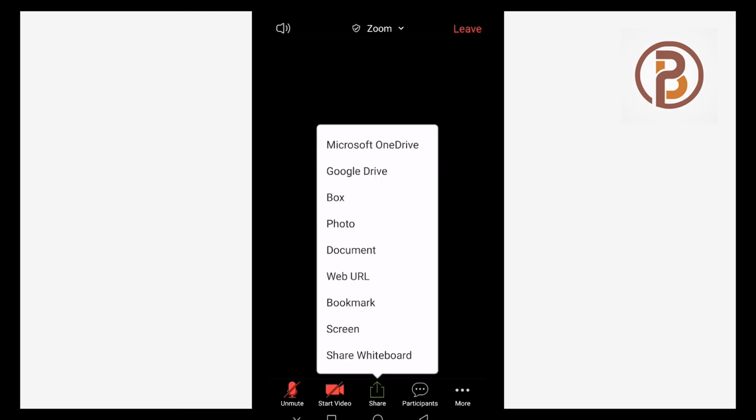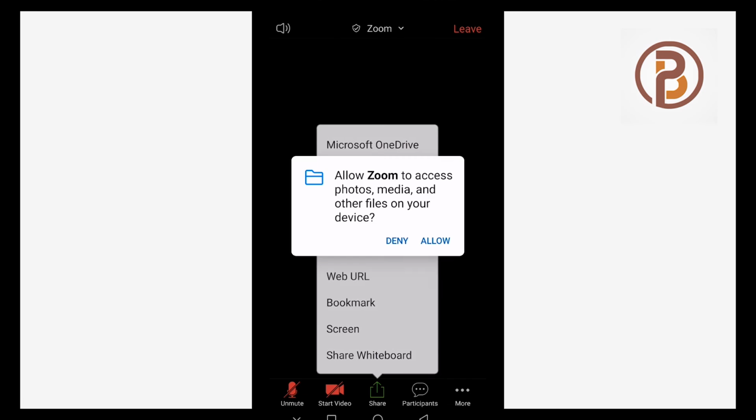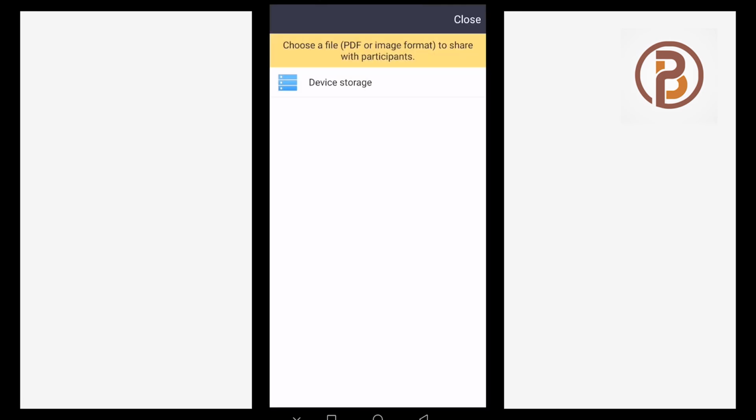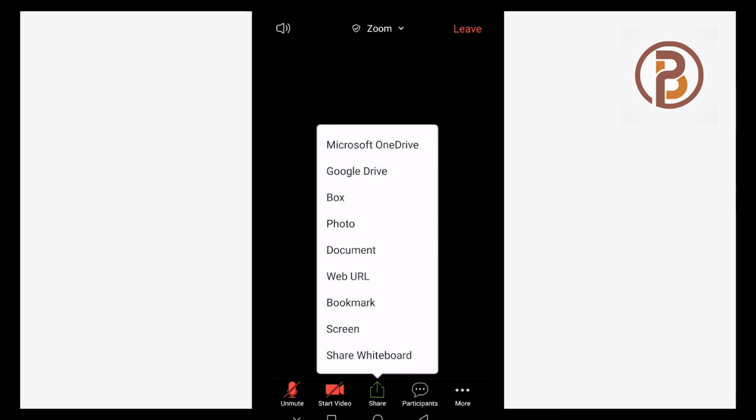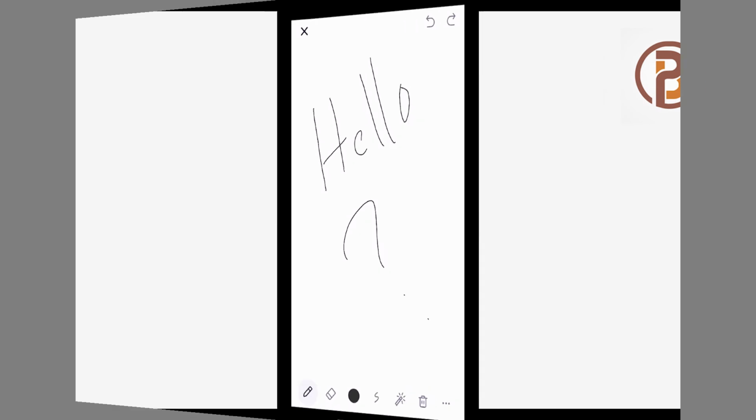Let's very quickly also see how the sharing works from a mobile. If you choose to share some documents, you will have to give permission on your device to browse your files. This time I plan to share a whiteboard and it will be shared across all the guests and they can also interact on the same whiteboard, and whoever is interacting, it will come in different colors. In this demo, I will also try to modify or interact from a computer and show you how this will display for all the people to whom it has been shared.